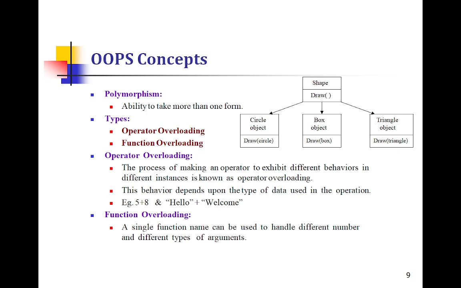Then the next important term is polymorphism. Poly means many, morphism means forms, so it is in different kinds of forms. While we are discussing the program, you can clearly understand polymorphism. Polymorphism means many forms. Here we are talking about a shape. The shape may be a circle, a box, or a triangle, but the actual term we are saying is shape. That's the shape class, and it can be in different kinds of forms. That's an example for that.